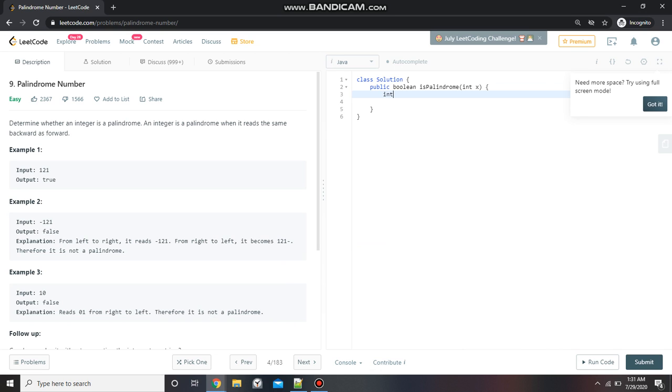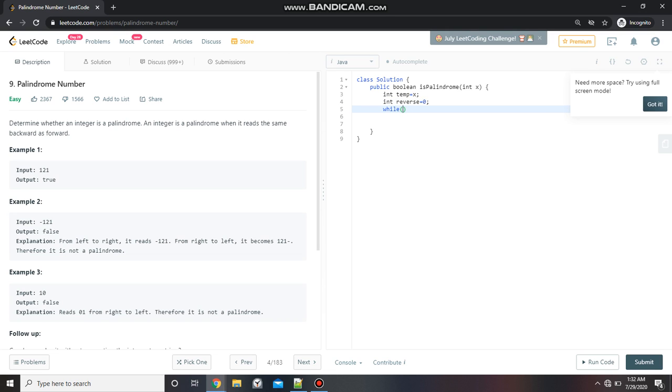So let's get started. Initially, we'll declare a variable named temp. This is done because we perform all our operations on this variable. Basically, we experiment with this and we let x maintain the original state of the variable. Now we declare another variable named reverse. This will store the reversed value. When we reverse the digits and store it, we'll store it in the variable named reverse. And at the end of the problem, we'll check reverse with x. If reverse and x both are equal, then yes, our number is a palindrome, else it is not a palindrome.